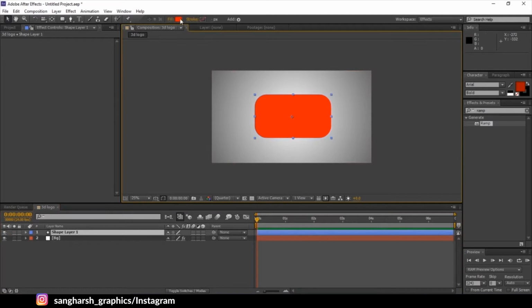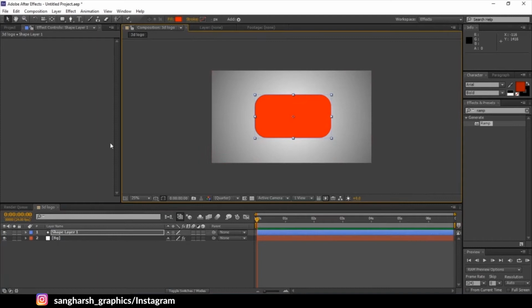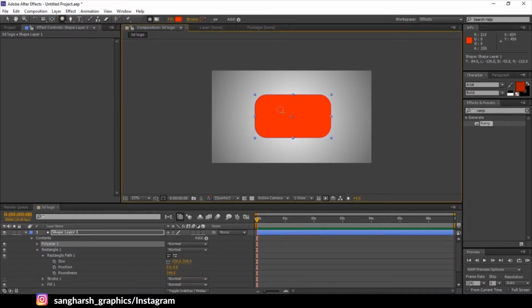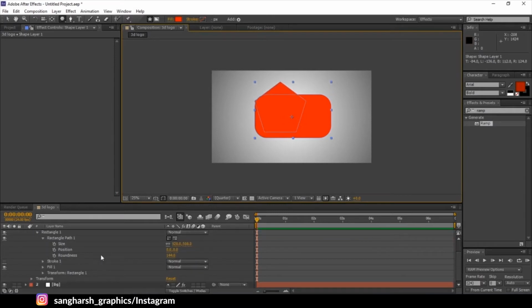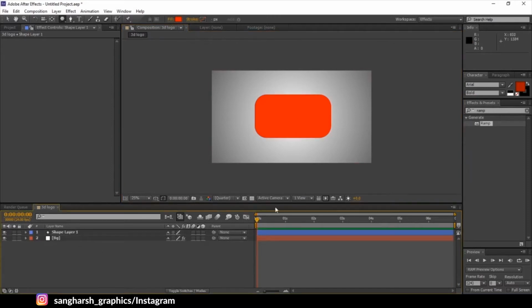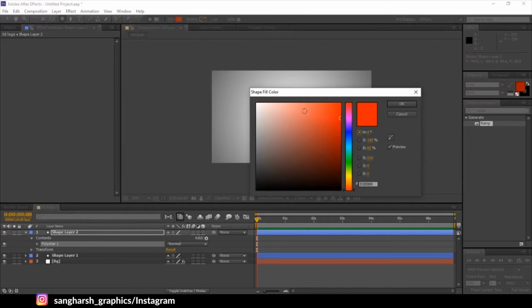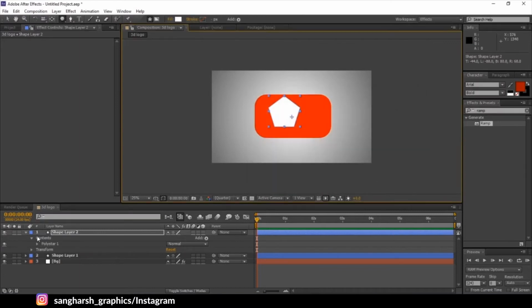Collapse the layer properties. Now time to create the triangle. Firstly, I will choose a little bit darker color for it. Now we will select the shape tool again, and now we are gonna use the polygon tool. Oh, it created the shape in the same layer. Sorry. Press Ctrl Z, collapse it, deselect the layer, and now create the shape layer. Just hold Shift and create a layer. It will create with the same proportion. Color it white.